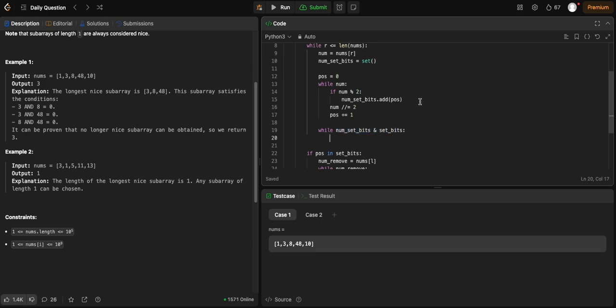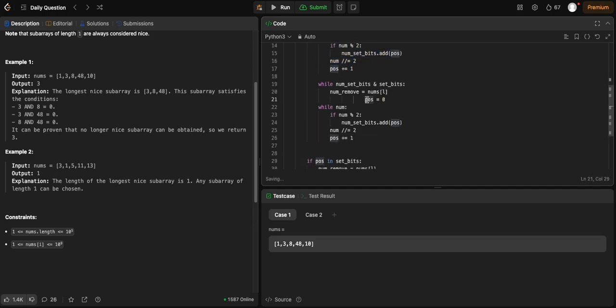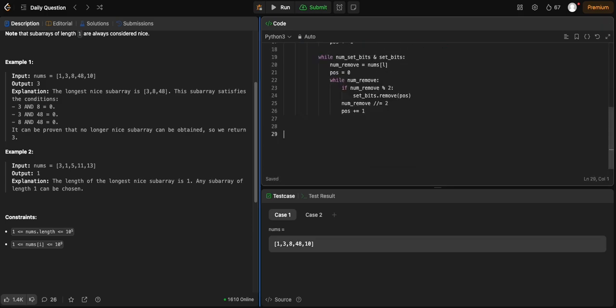So what we can do is we have num remove. So this would be the code below, but we can just copy this over. Actually, we don't even need what we have written before. Like this. So num remove, and then we just get rid of that. Oh, we actually don't want that. We want, so if num remove, we want set bits remove position. I think that's what we want to do. And then we have position, we add the position. So we want to loop through this until we get there. And after we have gotten there, we want to check